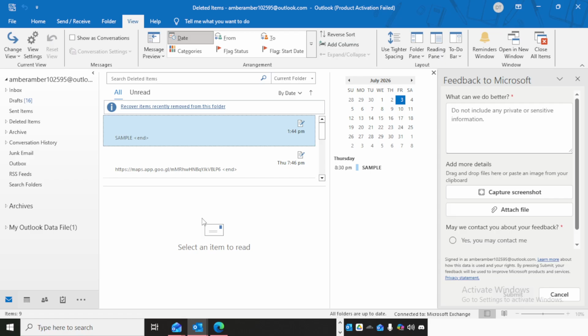Go to View, open Folder Pane, and click Favorites to re-enable it. So this is a completely reversible display setting, which makes it safe to adjust based on your personal preference. And that's all it takes to remove Favorites in Outlook. It's a simple change, but it can make your workspace feel more organized and less distracting, especially if you like to keep your email layout as clean as possible.